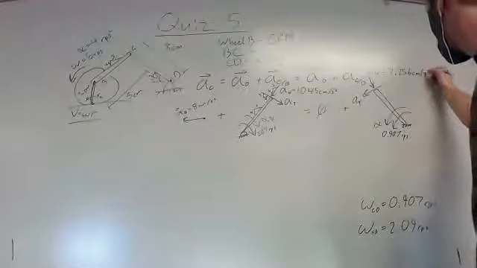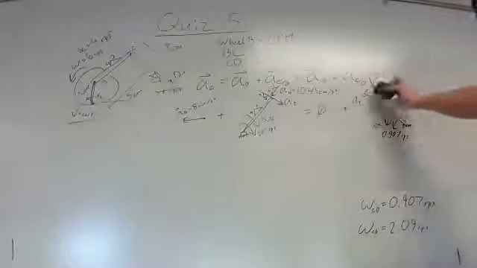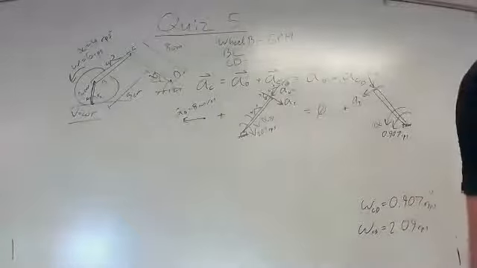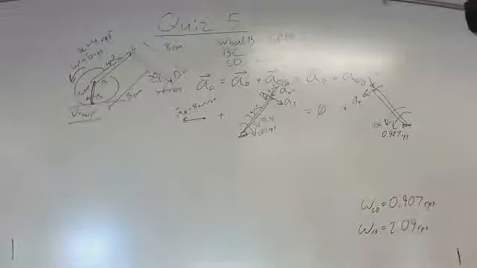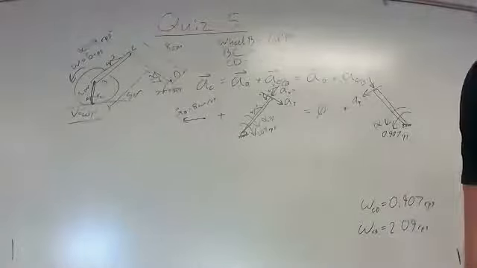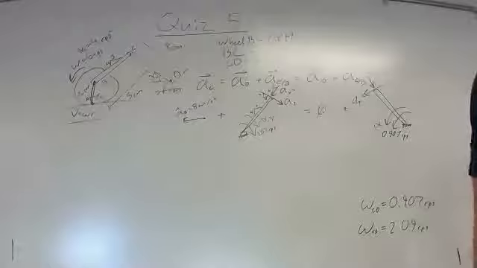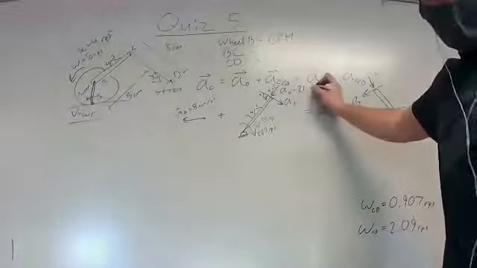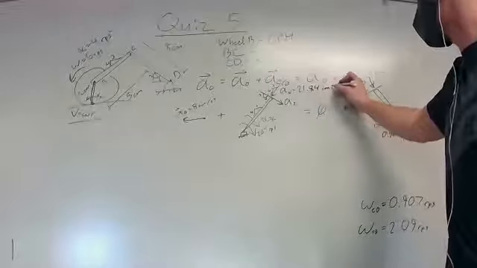Wait, no, it's omega squared. Whatever. 5 times 2.09 squared. There we go. Sorry, this changes just because I forgot